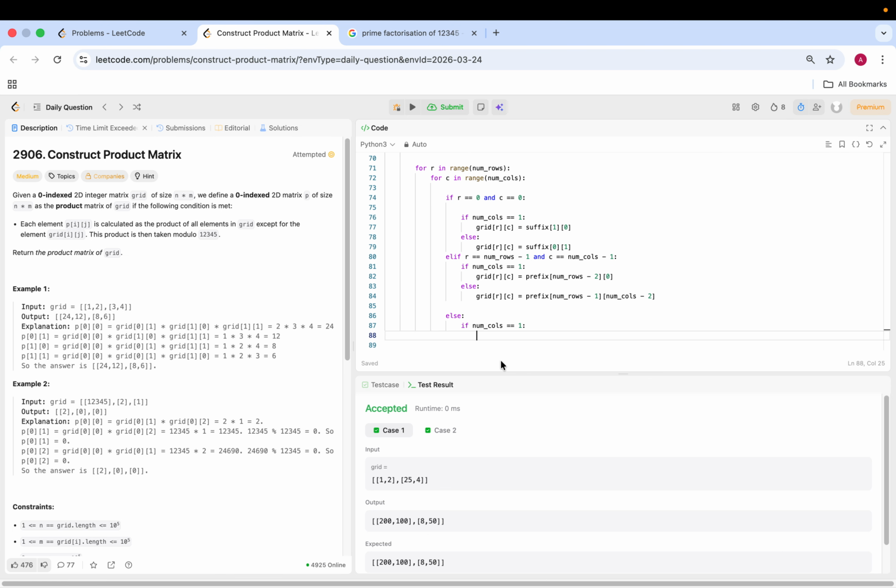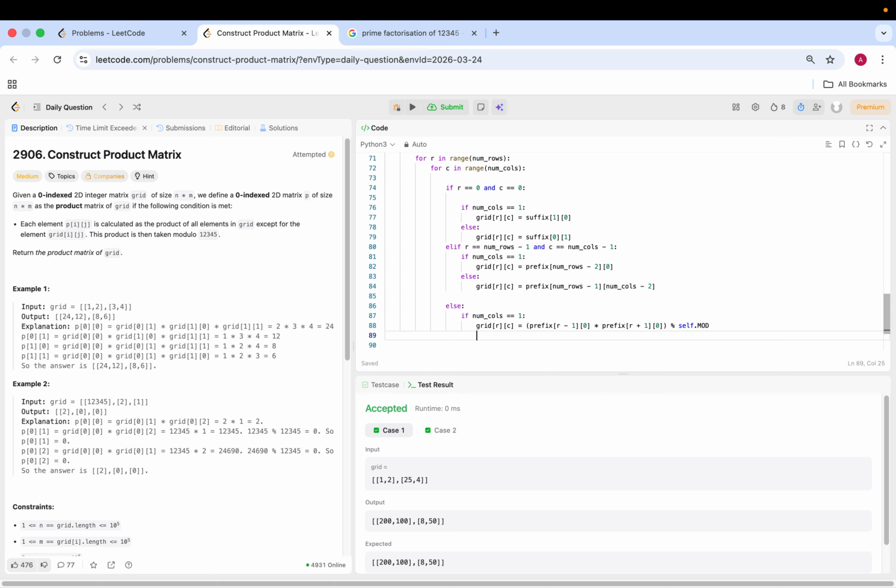If numCols is equal to 1, then grid RC is equal to, so you gotta look one above at prefix, you gotta look at R minus 1, C, times prefix R plus 1, I guess it would be 0, mod self.mod. Elif